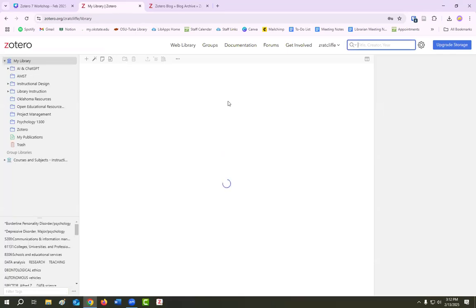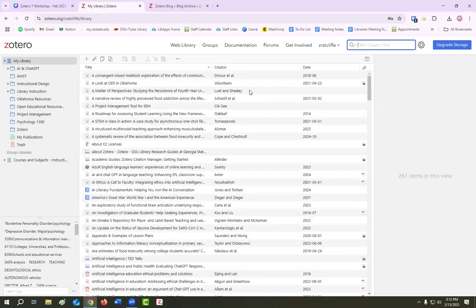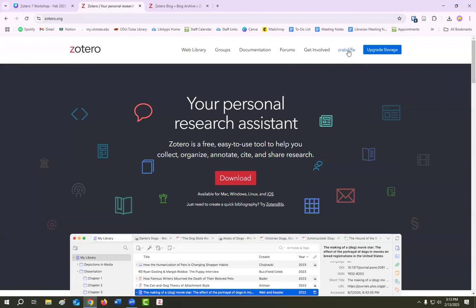So when you get logged in, it's going to take me directly to my web library. In older versions of Zotero, the web library kind of looked a little different, but this does stay pretty consistent as far as the interface with the client or the downloaded application version. But I'm going to go back to Zotero here and just click on my name. So if I click on my name, I'm logged in already. Then I have an option that says my profile. And if I click on that,